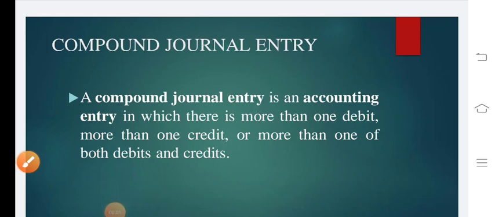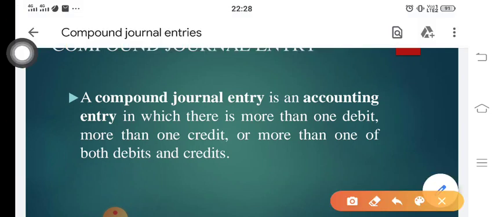Good morning, class. Today we are solving journal entries in the compound journal entry case. Now, when we talk about compound journal entry, it is not something new, but it is an addition to our already existing journal entry. Here, what basically happens is we can have either more than one debit item or more than one credit item or more than one debit and credits.